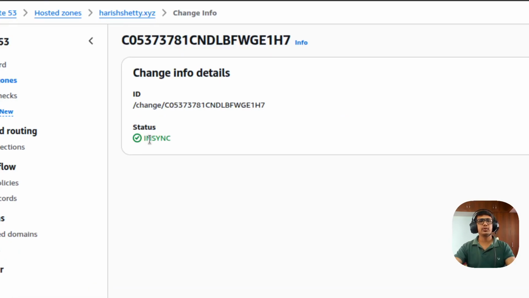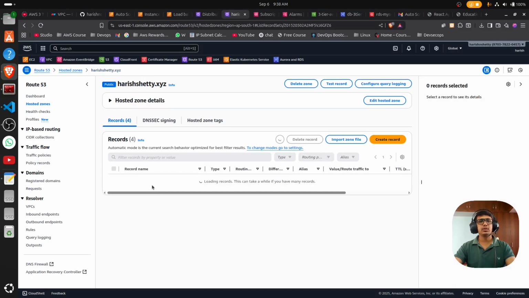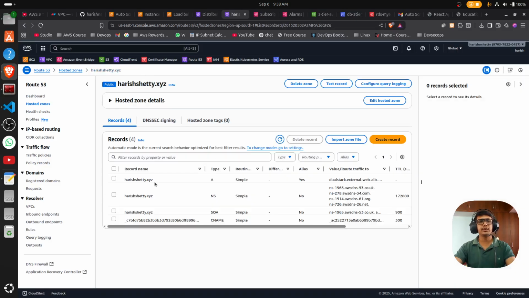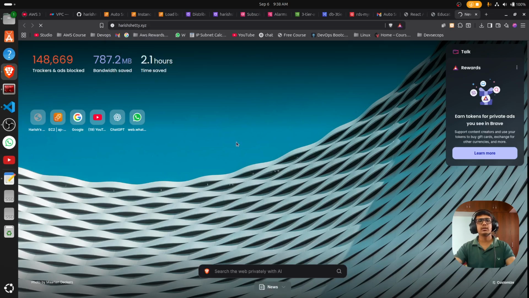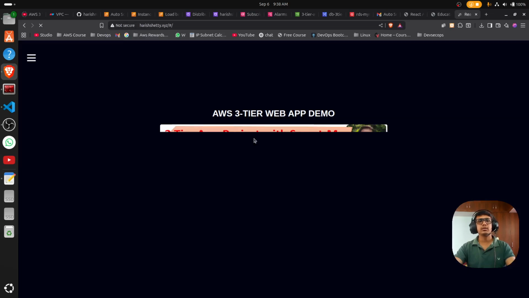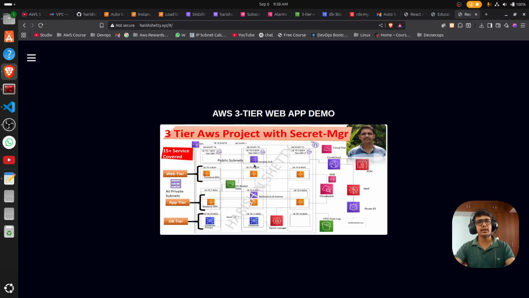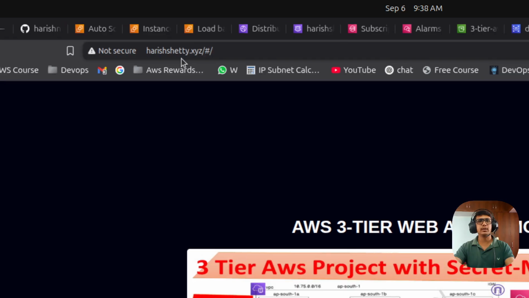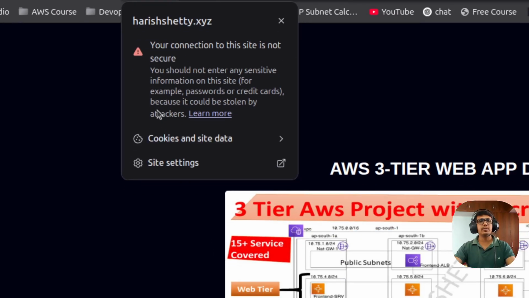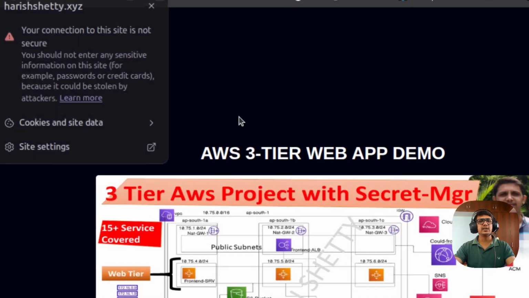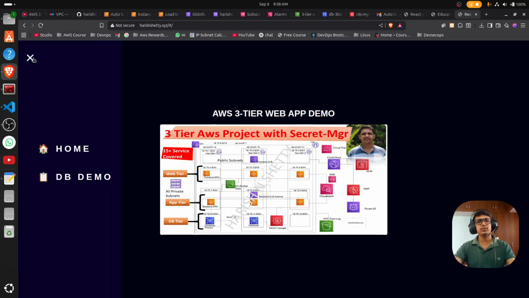Yeah, it came to the in sync, right? Now let's try to access the website by the Route 53. See, my website is accessing via the custom domain. Here we have not configured the TLS certification, right? So this portion is enough for those who are not going to configure the CloudFront and the ACM, and